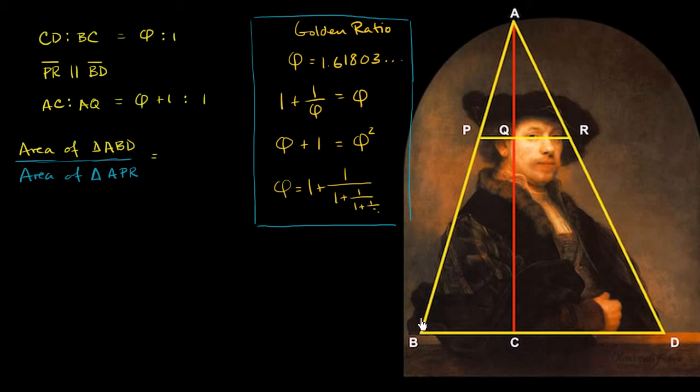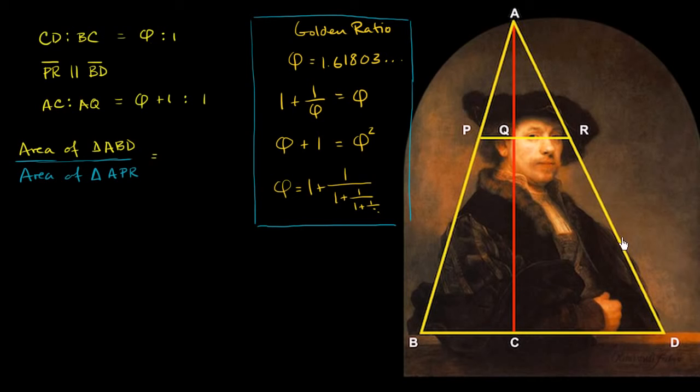We can construct a triangle. Obviously, these triangles aren't part of his original painting. We superimpose these. But if you were to put a base of a triangle right where his arm is resting, and then if you were to have the two sides of the triangle kind of outline his arms and shoulders, and then meet at the tip right at the top of this arch, you would construct triangle ABD, just like